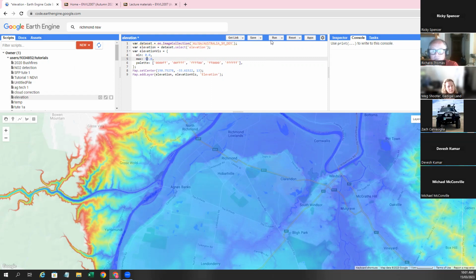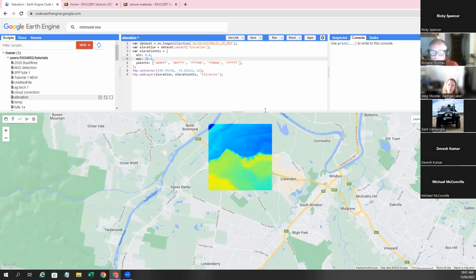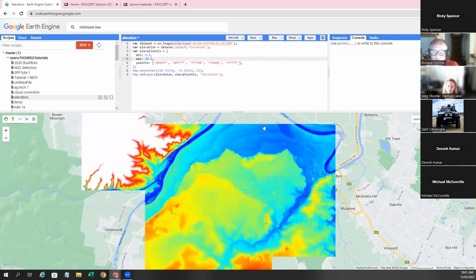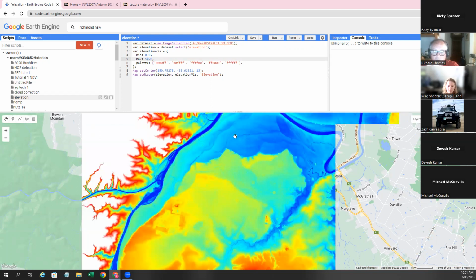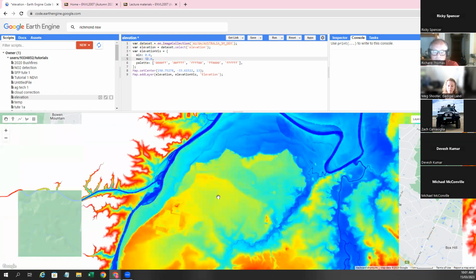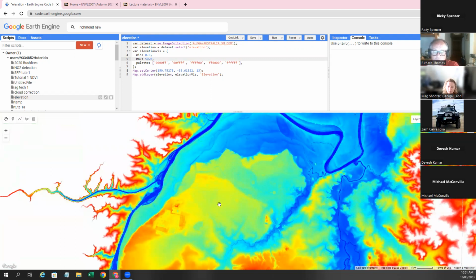Okay, so I'll put that one in, I can run that again. And again, the beauty of this is that now you're getting much more detail in the blue areas. You can see how the blue areas, now that we've got the scale, show you much more. It whites out at a much lower height around North Richmond. You've got much more detail of the contours of the river flats, and you've got these areas which are at higher elevation,